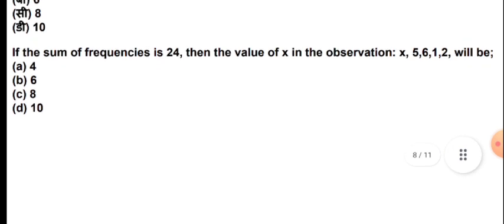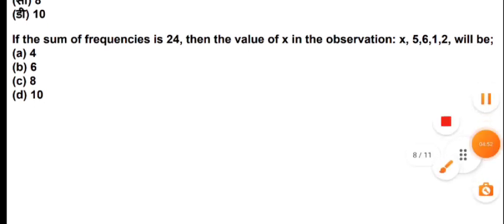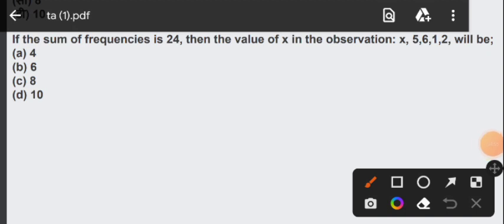Here is another question. Here it is given that if the sum of frequencies is 24, then what will be the value of x in the observations x, 5, 6, 1, 2? So we know that the sum of frequencies is given as 24, and the observation values are given as data here. To find the value of x, we will equate them. Here the sum of the frequencies is 24, so we can write